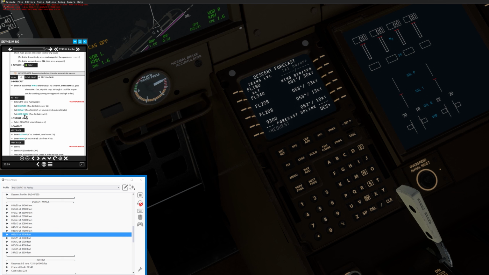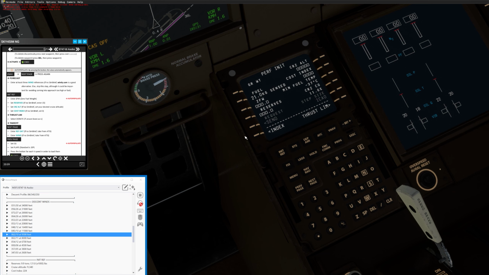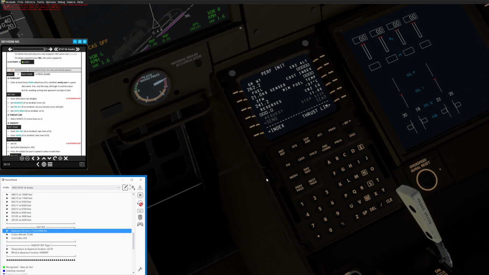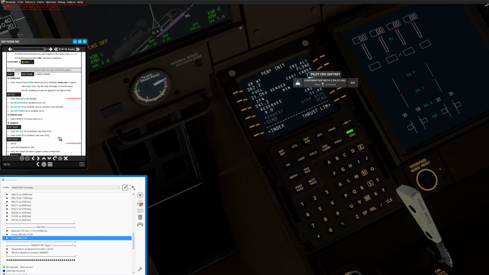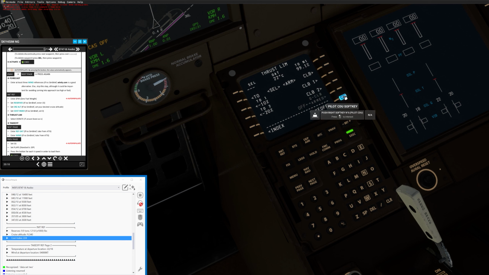Okay, that's ready. So now we're going to go into the initial reference again and set our zero fuel weight, which we can auto-populate, and then the reserves, and here we have the reserves information from SimBrief, and our cruise altitude, flight level 340, and then our cost index, which will be 224, and then we're going to thrust limit and takeoff,